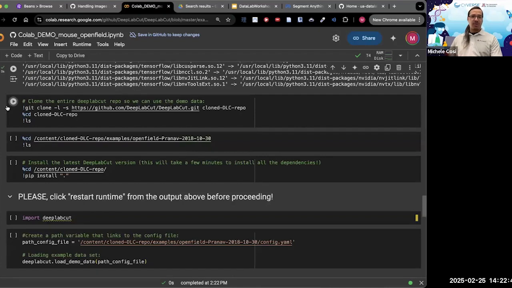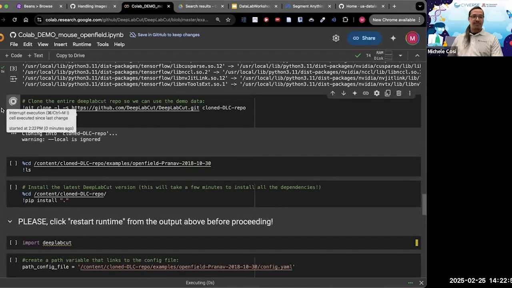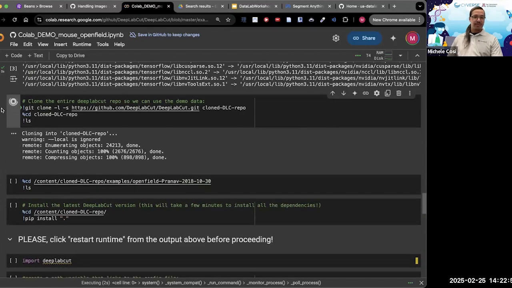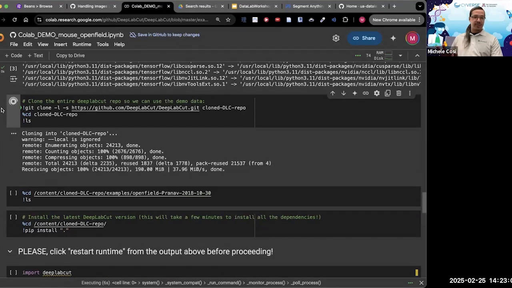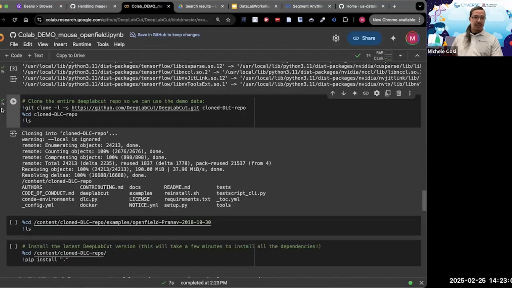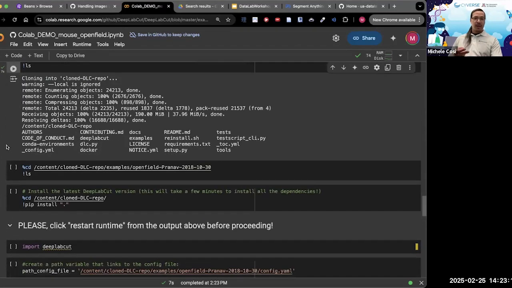And now we're going to clone the DeepLabCut GitHub repository. This ideally shouldn't take long. Seems like it's through. Cool. So what we did is we downloaded things that we needed. We got into the right repository, and